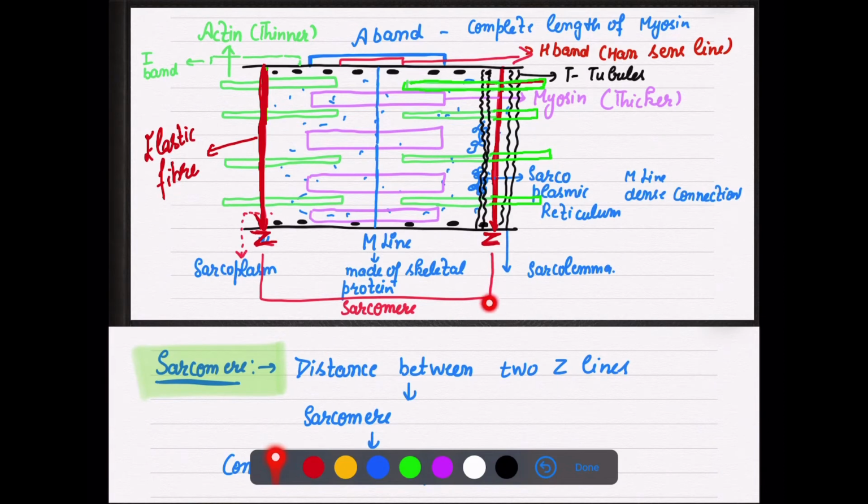जहाँ जहाँ मेरा मार्कर जा रहा है वहीं वहीं देखना बस. Z line, one Z line, this is another actin filament, उसके बीच में भी Z line. These are the elastic fibers basically. So जो length है from one Z line to another Z line, it is known as sarcomere, and this is